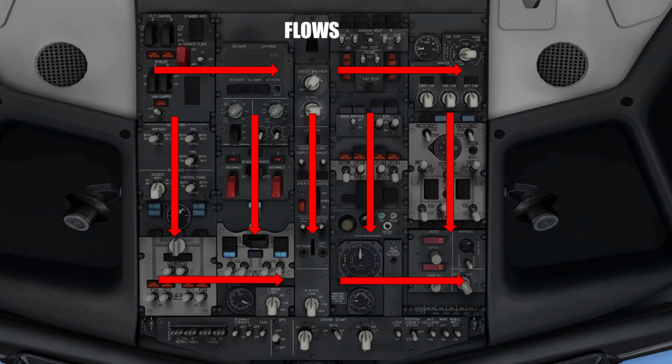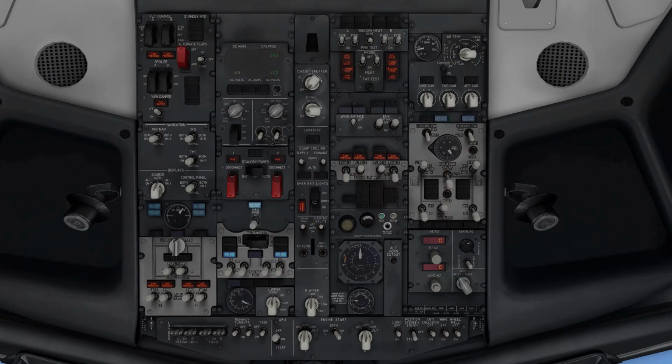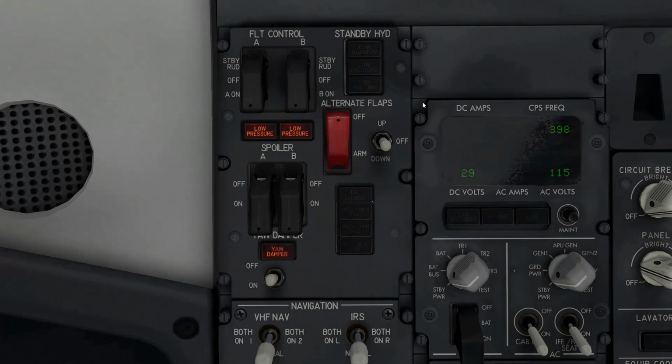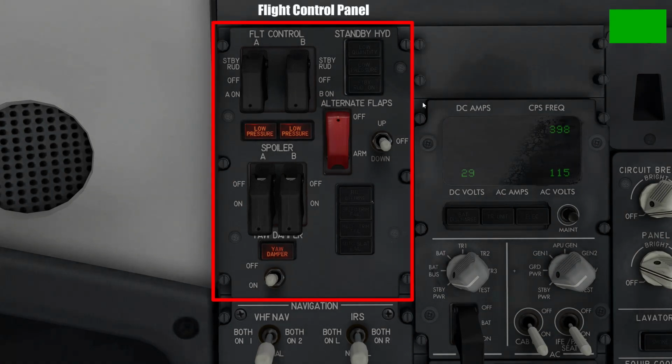This allows them to memorize the correct position of the switches over time and preserve focus while navigating around the flight deck. We will be using a similar technique in this tutorial in order to become familiar with real-world aviation techniques. So, starting at the top left of the forward overhead panel, we have the flight control panel, which is